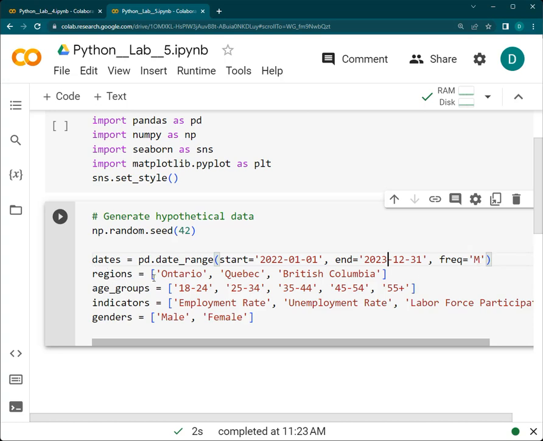Now, these are the regions of Canada we want to examine. We will choose just a couple of provinces. We are not going with all the provinces. We take Ontario, Quebec, and British Columbia. Now, we also want to look at